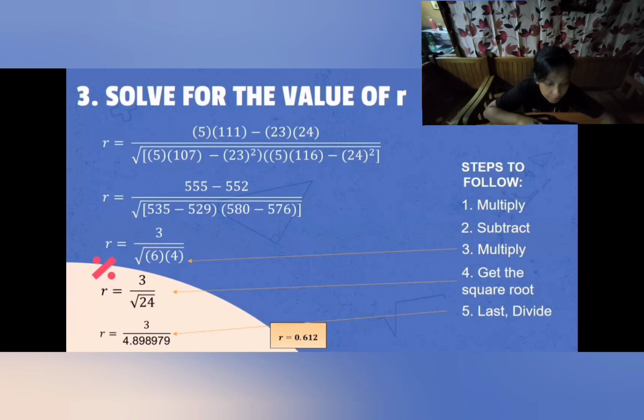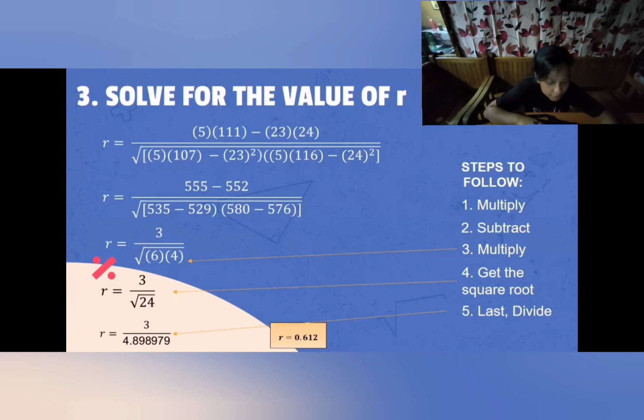Number 1, multiply. We will be multiplying 5 times 111, 23 multiplied by 24, 5 times 107, minus the square of 23, 5 times 116, minus the square of 24. It means 24 times 24, 23 times 23. And the answer